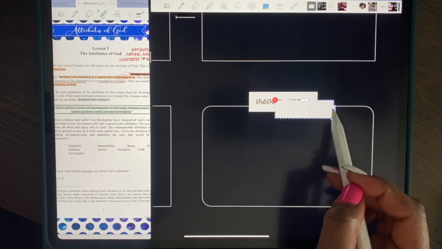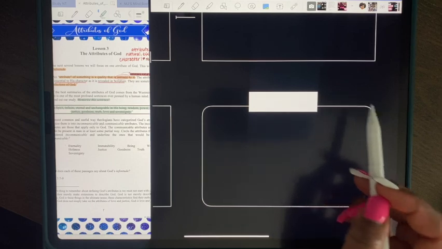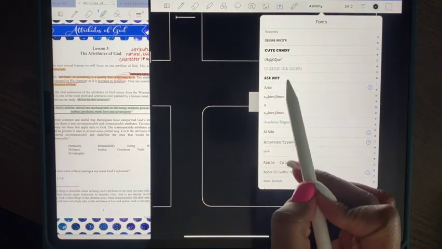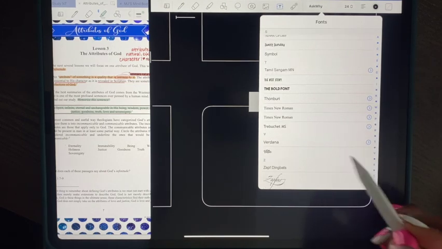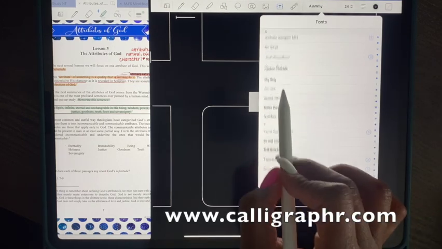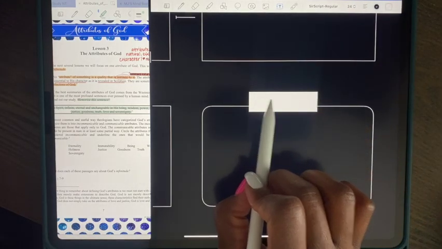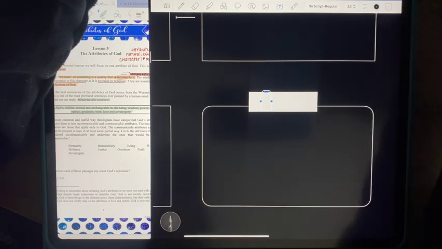And I'm going to use the text box to create another text that says memory sentence with the same font. So I use this font for the planner. I created it through the Calligrapher website. You can make your own fonts. I'll show you a tutorial on how to do that later. But I'm going to use that same font to create a text box that reads out memory sentence instead of